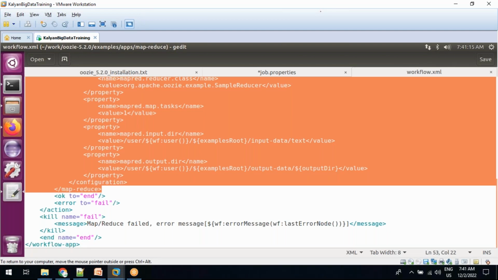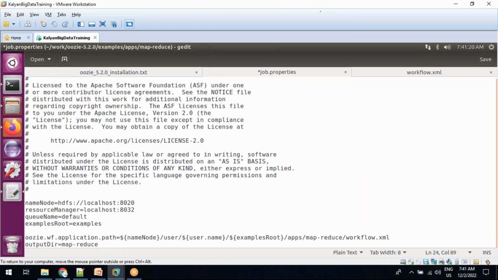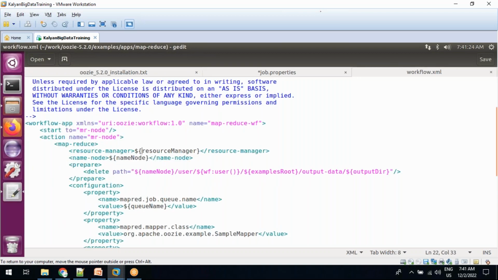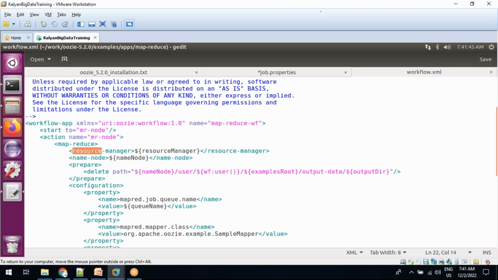Right now, what we define under the MapReduce is the resource manager. These details are coming from here, and we are also defining the name node and the prepare tag. In this prepare tag, can you please tell me what I am trying to do by looking at this? Output data directly. Yes, that's a prepare action, correct? In a MapReduce program, output data should not exist now. Okay, whatever output data is there,